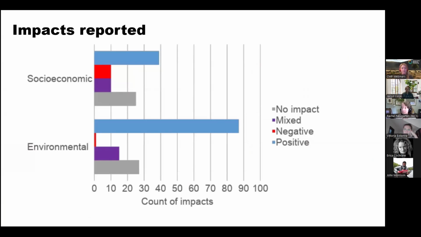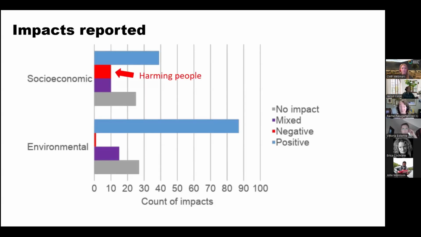Okay, so broadly speaking, a lot of these papers do report positive effects. So in blue are the number of impacts. Some studies studied more than one impact per paper. So it's not the number of papers, it's the number of impacts. A majority of studies are finding positive effects, either environmental outcomes, which includes both ecological outcomes and things like behavior change, or socioeconomic impacts. This is impacts of conservation on things like poverty outcomes or employment. So there were a lot of positive effects, which is great.